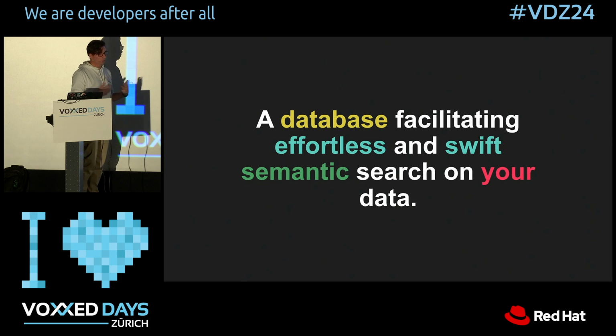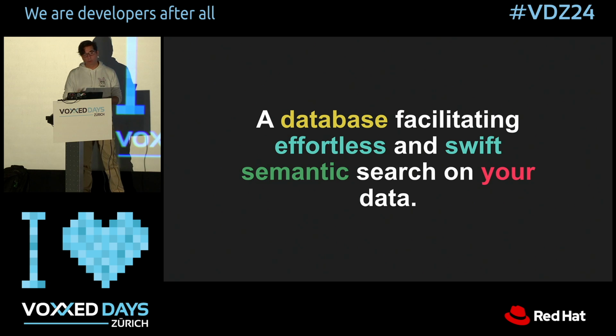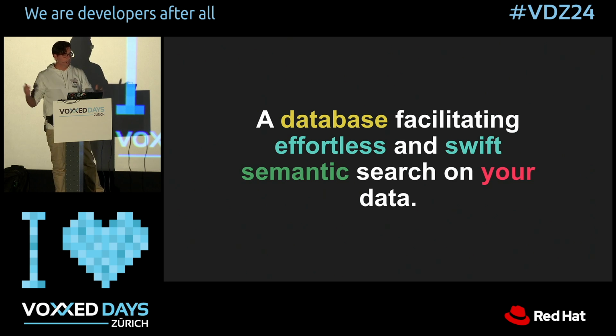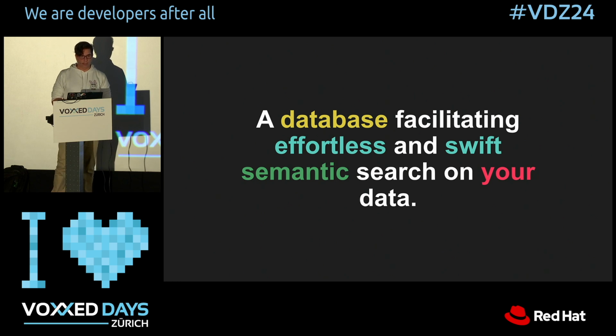If your, let's say, tech illiterate manager comes to you and asks, okay, what is a vector database? Do we want to use this? It sounds so cool. This is the answer I gave to my tech illiterate manager. It's a database that facilitates effortless and swift semantic search on your data, with semantic being the keyword here, right? Because if you wanted fast and effortless search, you would use Elastic or something similar, or build your own solution. But if you really are looking for semantic search on your data, think about vector databases and think about putting your data in a vector database.